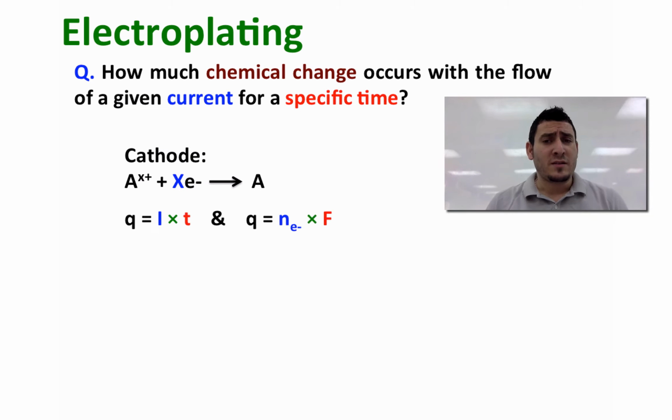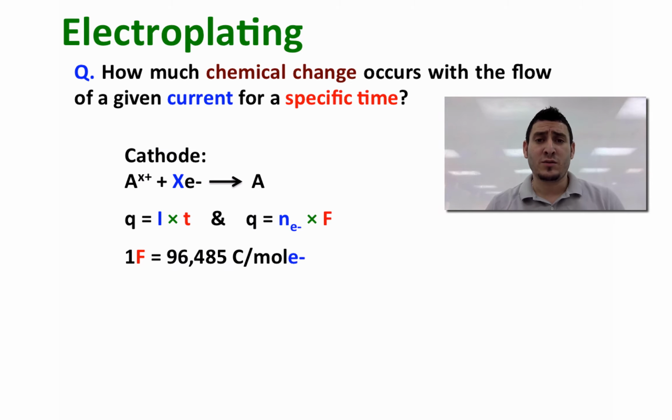We can calculate the amount of charge by multiplying the current intensity, which is in ampere, by the time, which is in second. We know previously that the amount of charge is equal to number of mole electrons multiplied by Faraday's constant, where Faraday's constant is equal to